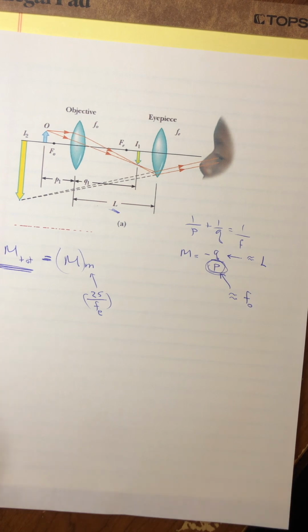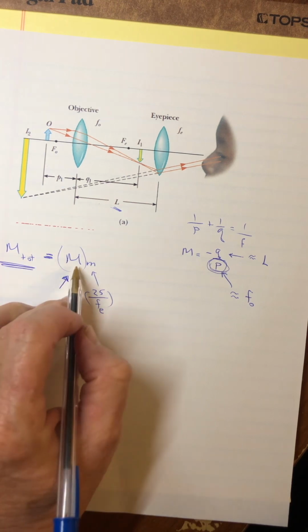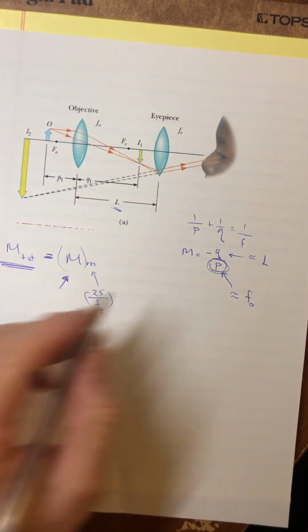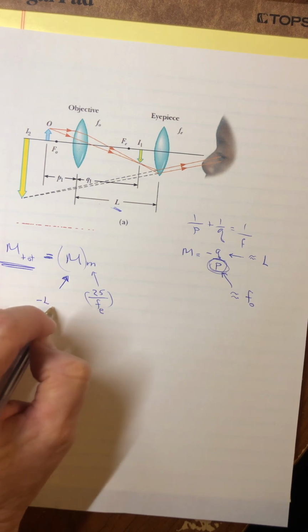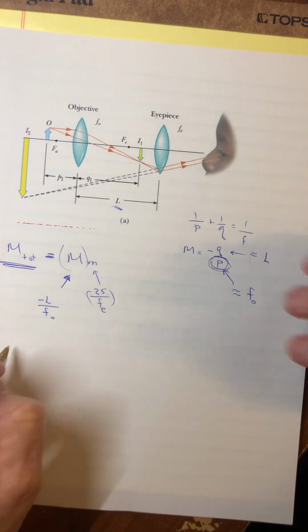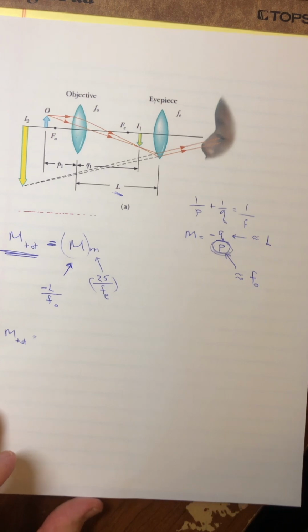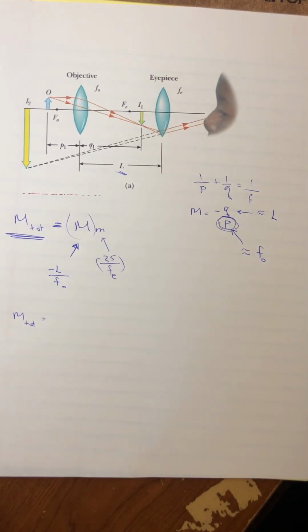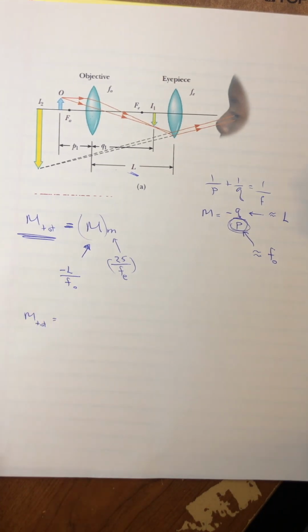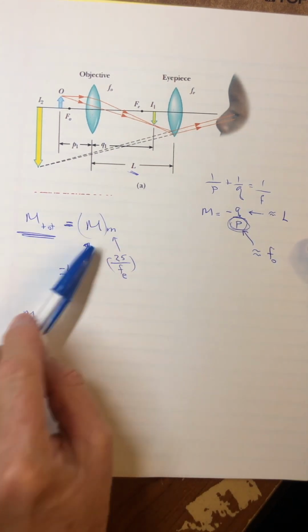So, again, a little bit off per se, but not bad. I'm going to say that we could call the lateral magnification of the objective piece to be roughly minus L over the focal length of the objective piece. So as a rough ballpark, and quite reasonable, perfect, no, but practical, yes, equation for figuring out the total magnification, and it would really be an angular magnification, is to say